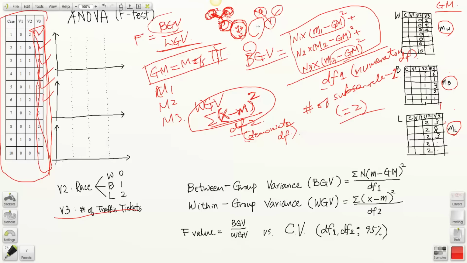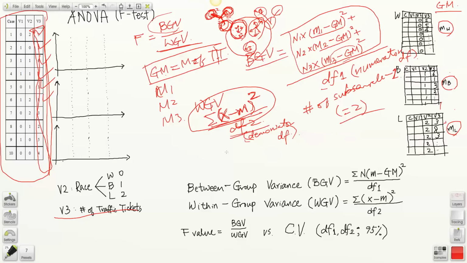and sum them up. You do the same thing for this subsample. Get the distance from all the cases to the central tendency. Square that. And here too, for each and every case, get the distance between that case and its central tendency. Square that and add up all together. That's going to give you the numerator part of the within group variance formula, and then divide it with the degree of